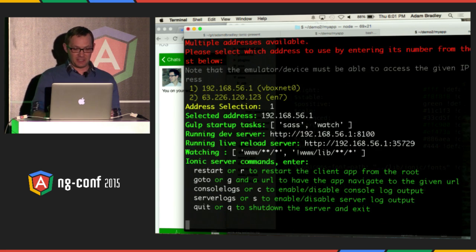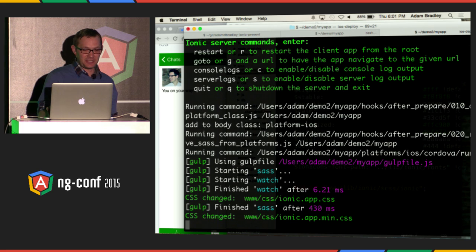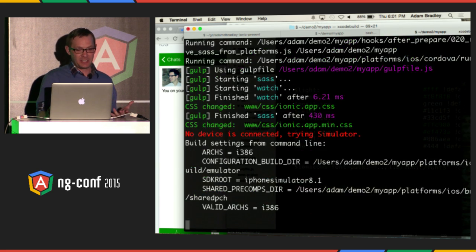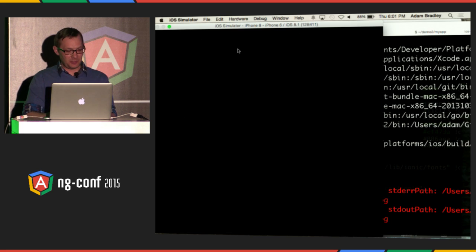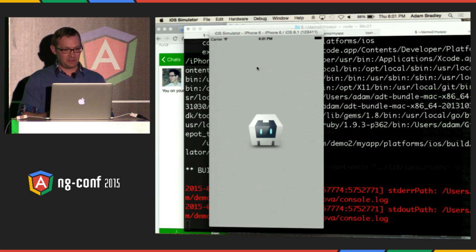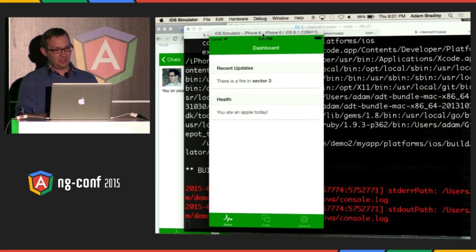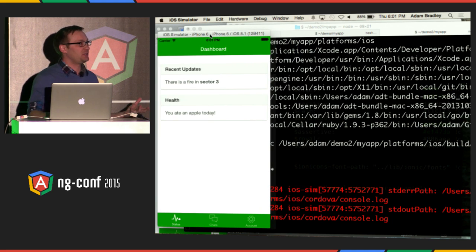So what's going to happen here is, assuming you already have Xcode installed and Cordova is installed on your computer, this is going to fire up the simulator. Let's shrink that down a little bit. Perfect. And now we have an actually live reloading simulator. And because I'm presenting, I'm using the simulator so you can see it on my computer,